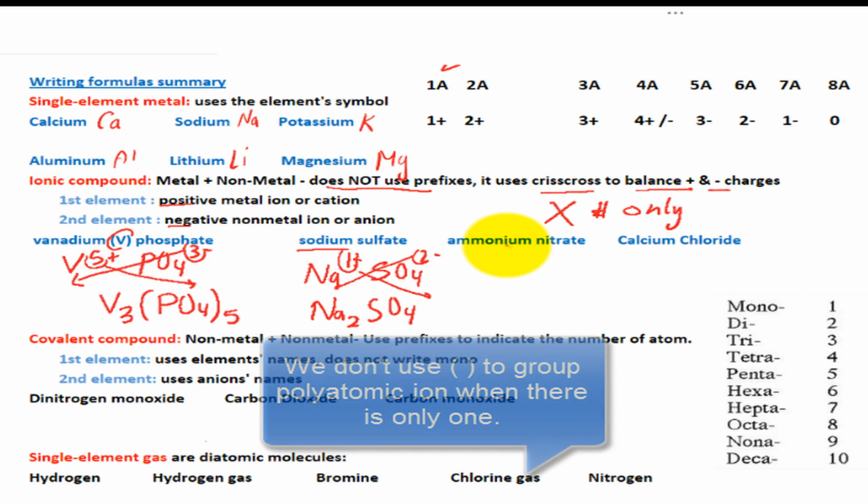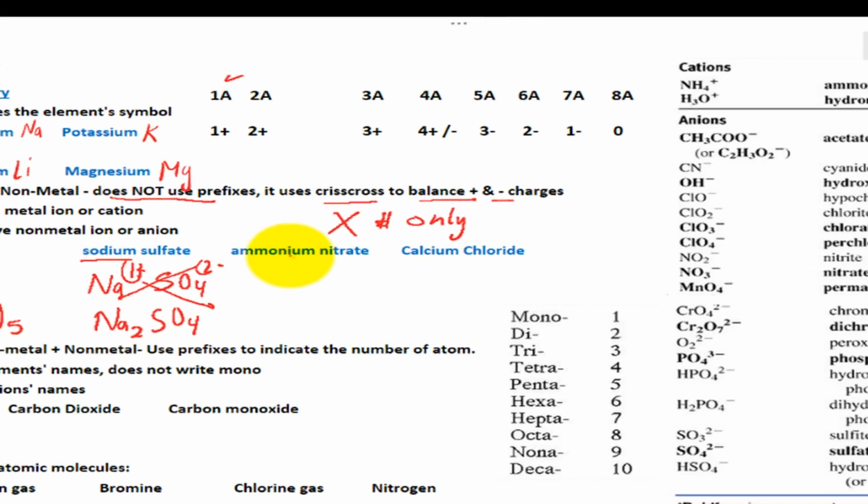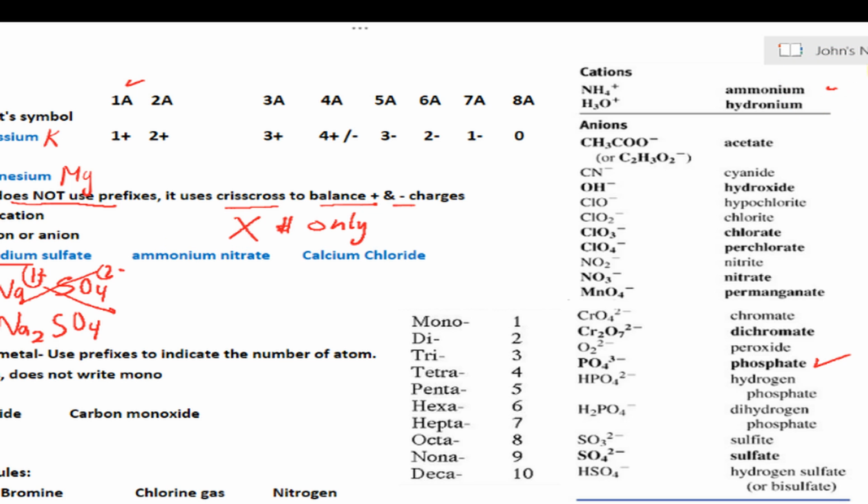The next one is ammonium nitrate. Ammonium is a positive charge polyatomic ion, which is NH4 1 plus, and nitrate, going back to nitrate, is right here, NO3 1 minus. Notice the positive and the negative cancel out, so we don't have to do any crisscross at all. We can just write NH4NO3 without using parentheses to group the individual polyatomic ions, because there is only one